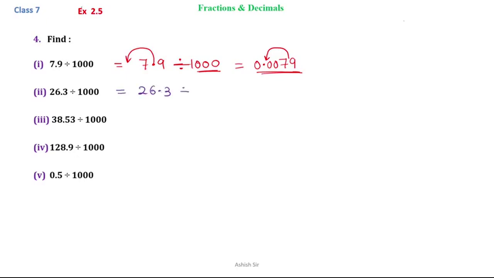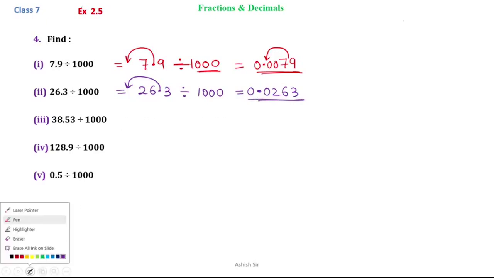26.3 divided by 1000. So again the point will go three digits to the left. In division, the point goes to the left. So there are only two digits. So we need to place a 0. So the point will come here. So the answer will be 0.0263. In the same way, the next one,